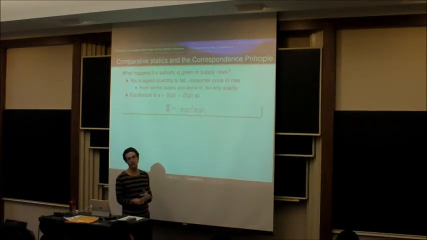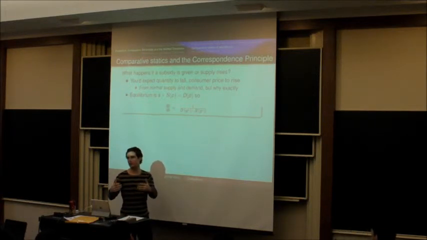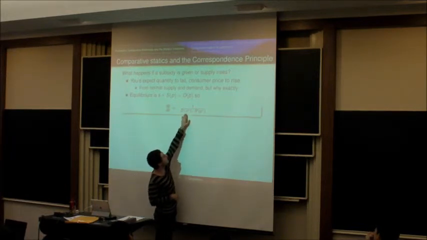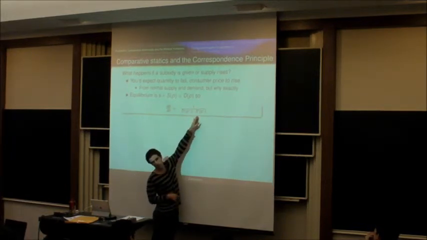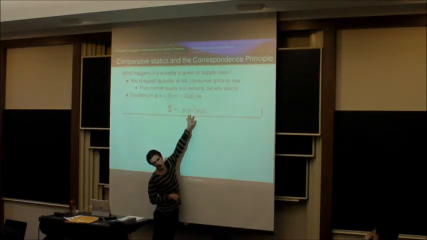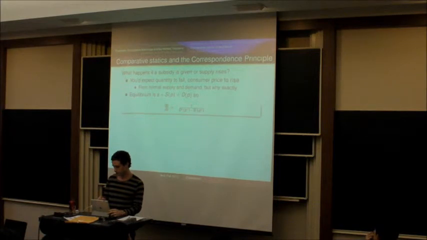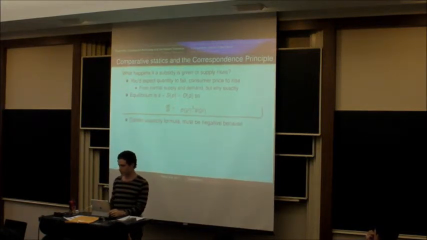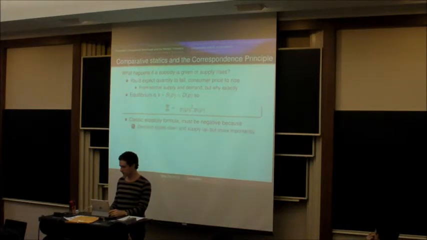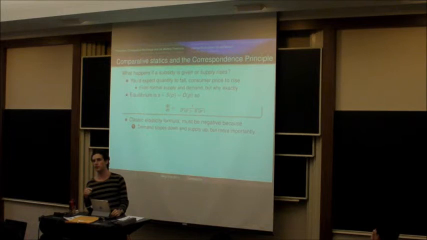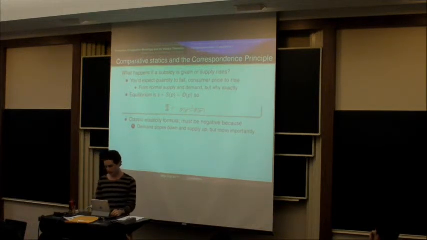So we thought this was going to be negative, right? If you increase the supply, the price should go down. And that's exactly what we find, right? Because the demand curve goes down, and the supply curve goes up, so this whole thing down there is negative, and we get that this is negative, right? Okay, so this is just the classic formula for the effect of an increase in supply, and it comes out of the fact that demand slopes downward and supply slopes upward, that things go in the right direction.